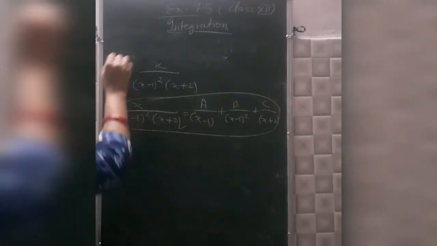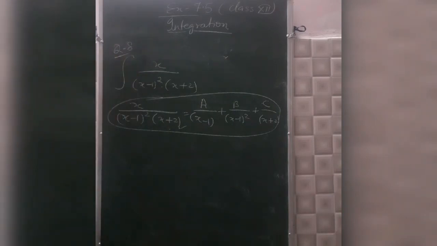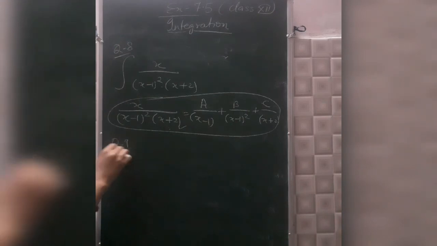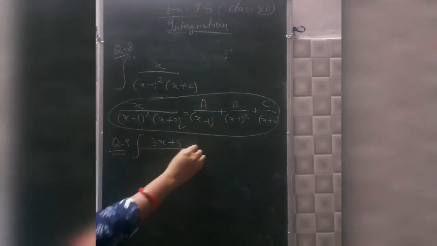After that you will simplify it just like the previous sum. So this is question number 8. You will try to solve it yourself. Now in question number 9, again the degree of p(x) is less than q(x), so no need to divide, but